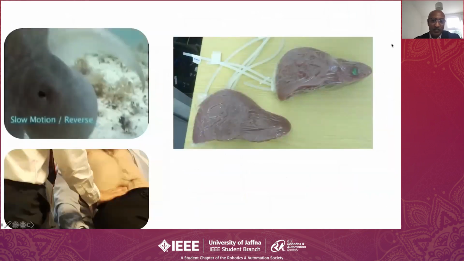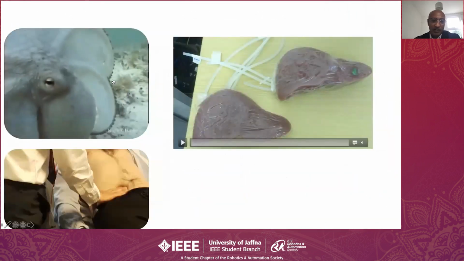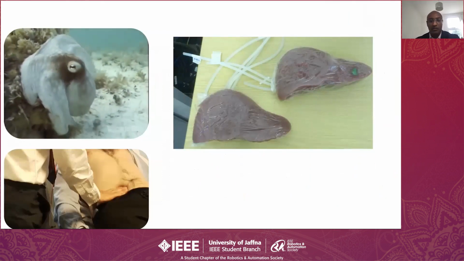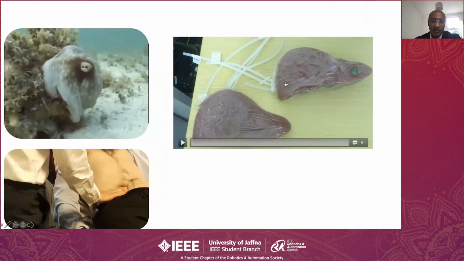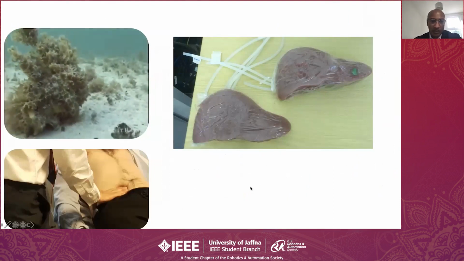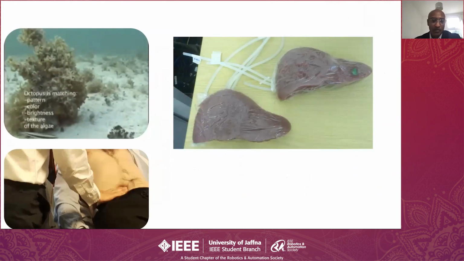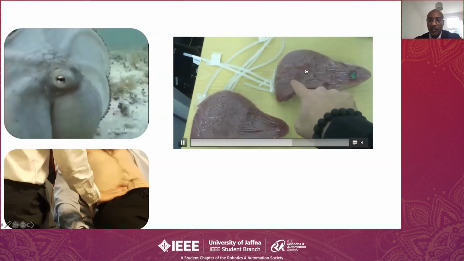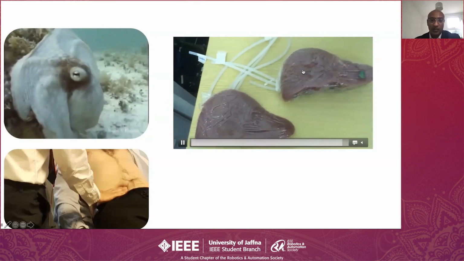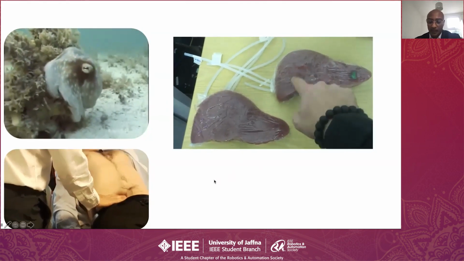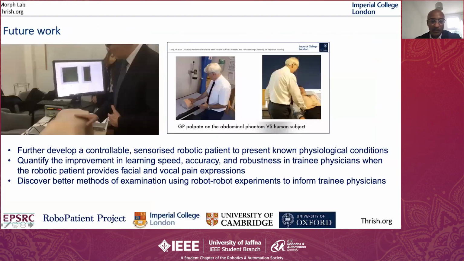So we are developing a robotic patient which is inspired by the octopus. The idea is to camouflage the internal organ conditions of a patient in the hospital, and allow doctors to examine a robotic patient, and students to practice examining a robotic patient before going to real patients. So we use soft robotic organs that can be controlled, like the liver, and can camouflage various physiological conditions, and we can put sensors and actuators inside. So this is our robo patient.